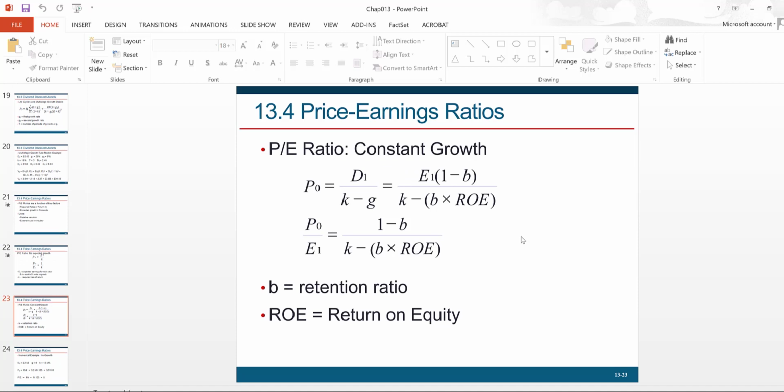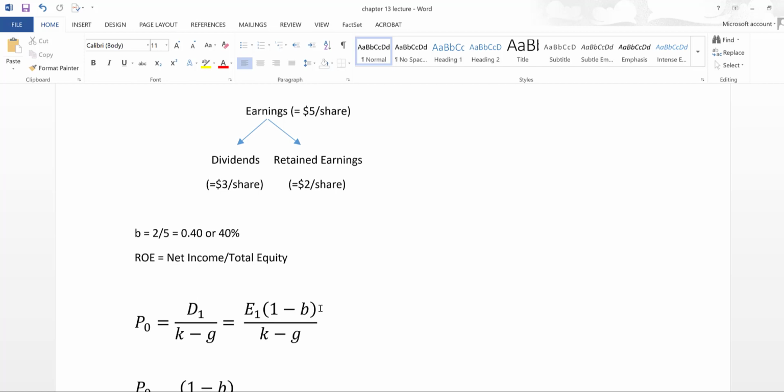When we look at the constant growth model, we can again do a similar analysis to arrive at the PE equation. So our constant growth model is this: P0 equals D1 over K minus G. Somehow I need to bring the earnings into this equation, because earnings are missing. So here is how we bring the earnings into the equation. If you remember,